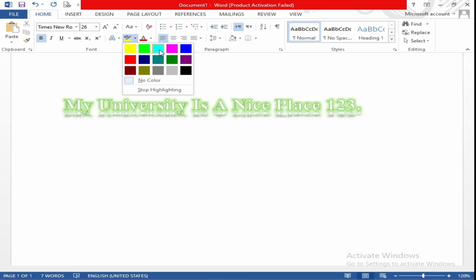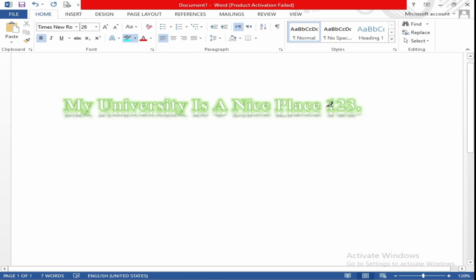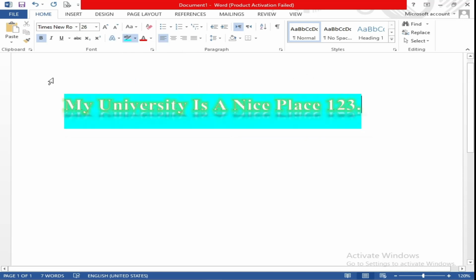For example, if you want to change this color to blue, you can select this, and after that you will simply have to select this, and as you can see, this is highlighted. This has highlighted all of the words in the range which you have selected. After that you will uncheck this, and as you can see, the highlighter remains.